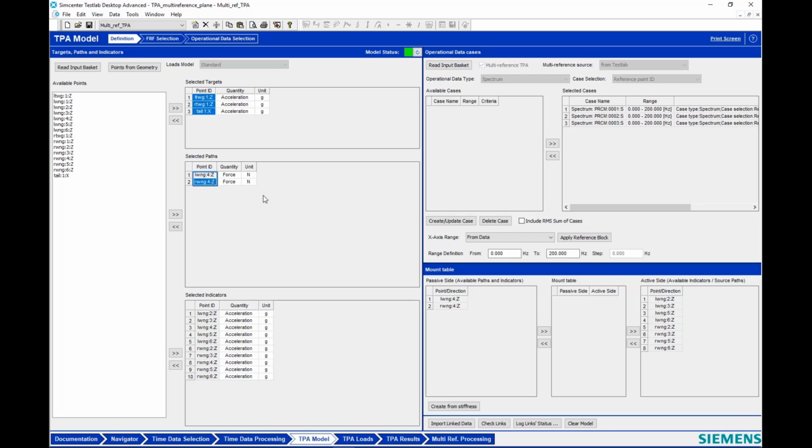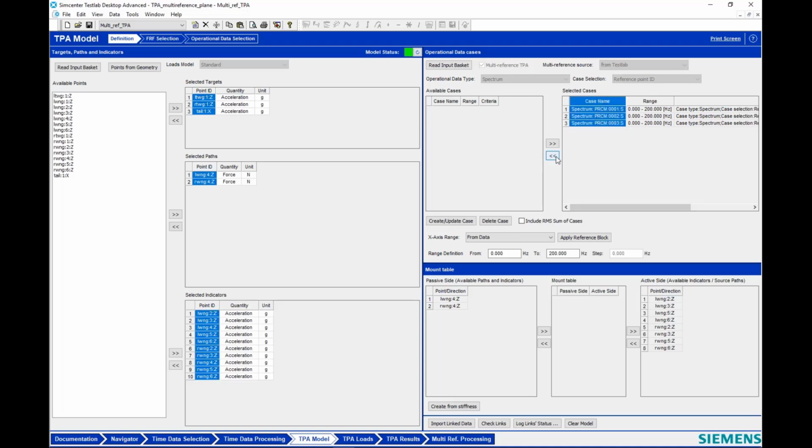This is point 4 at each of the wings where the engine is mounted, and that's where we have a shaker operating. My indicators here are the indicator points that will be used to calculate the forces at point 4. The indicators are always extra points used just to calculate the force. Once you have the force, we're going to multiply that force by the FRF at the paths to calculate the contribution from that path to your target.